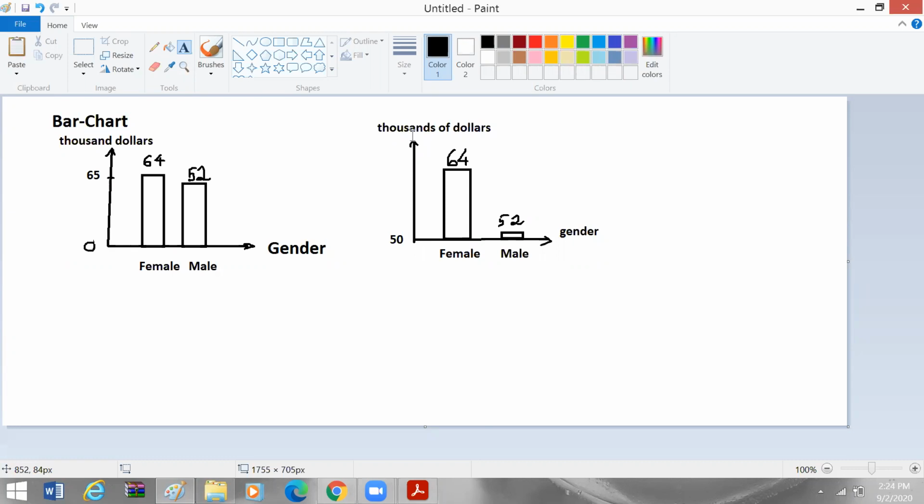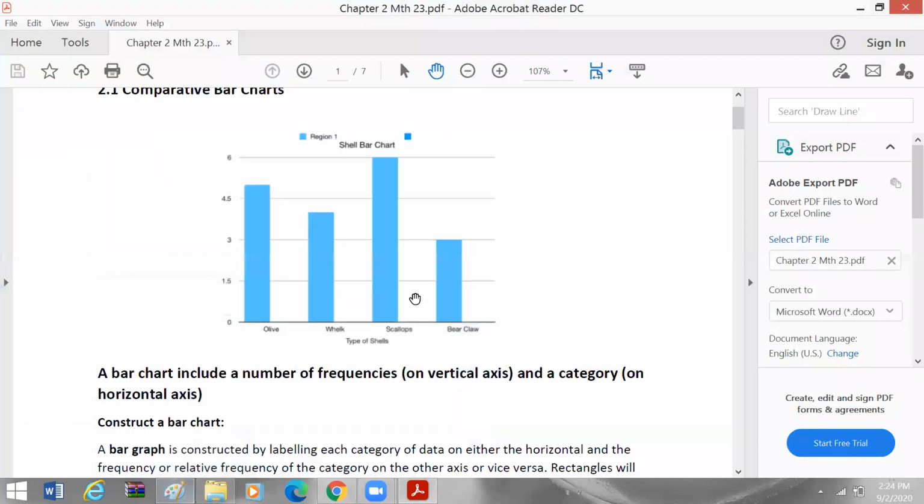So the first one that we have is 64. And I mean, they are the same thing, but you can look at this and sort of feel like female actually dominate the male salary, but this is not true. Okay, so depending on how you're going to look at that. So that's important. This is one way that people can mislead us, making us think there's a big gap, a big discrepancy between male and female in that category. But this is not true. It just depends on how we look at it. Okay. So this is what we'll be working on.